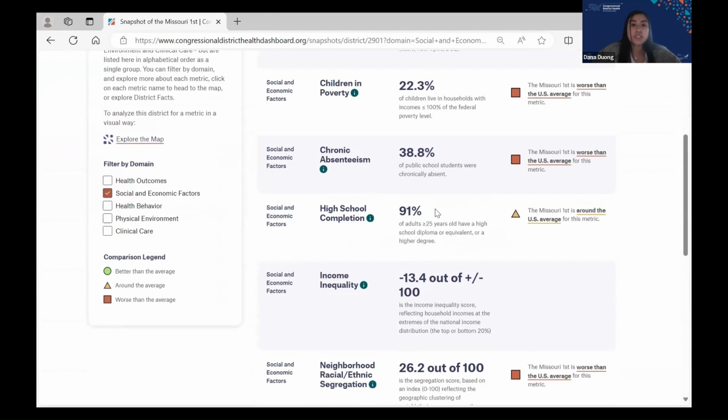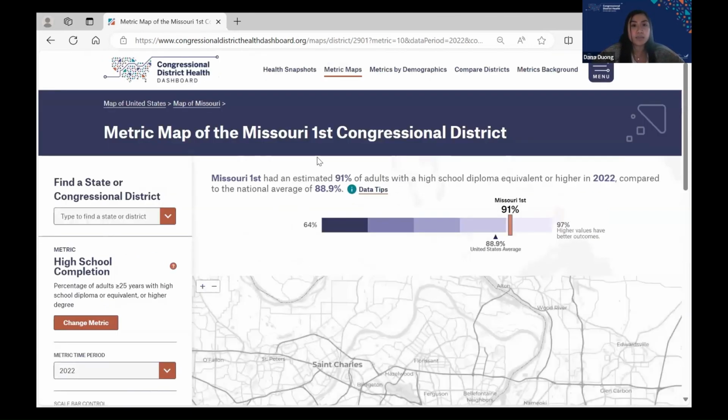So in Missouri's 1st, 91% of adults that are older or equal to 25 years old have a high school diploma or equivalent, or a higher degree. And this is actually just around the US average. All of our metrics, you can click on here, bringing you to the next part of our site, which is